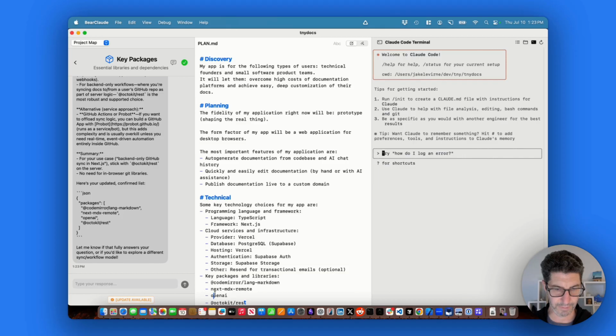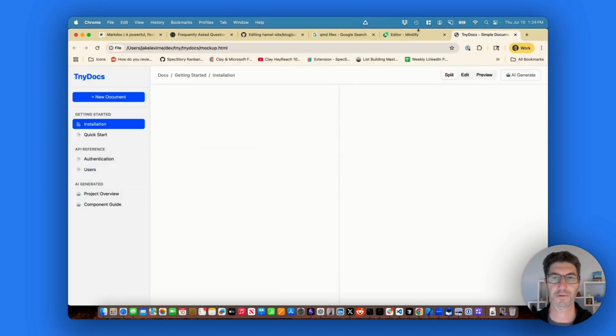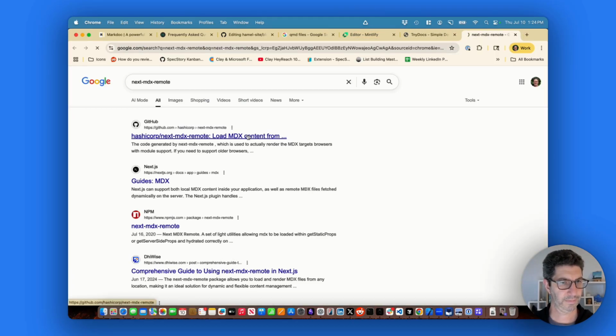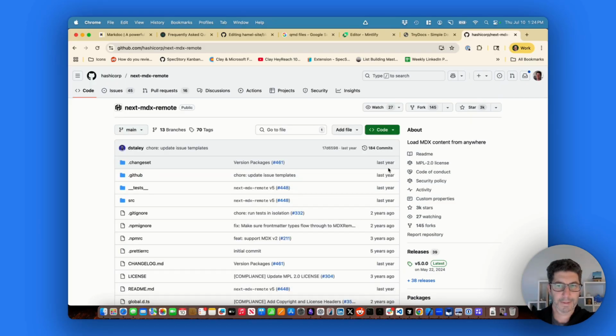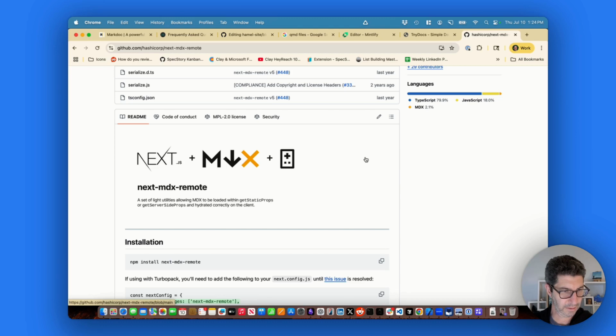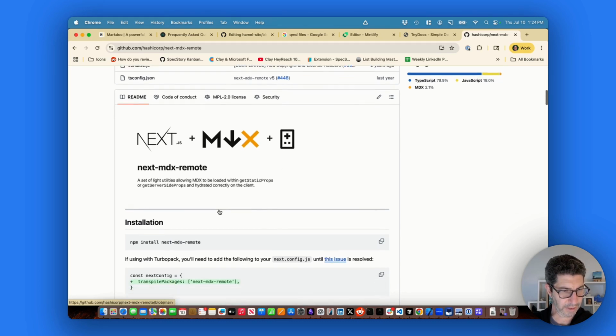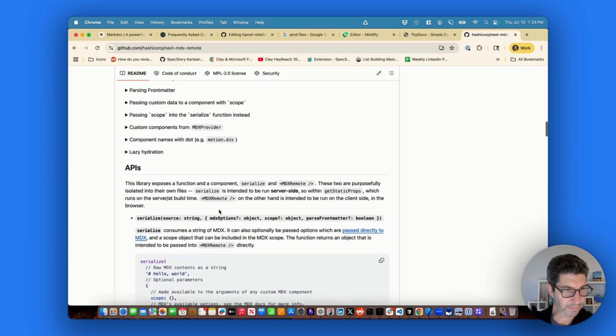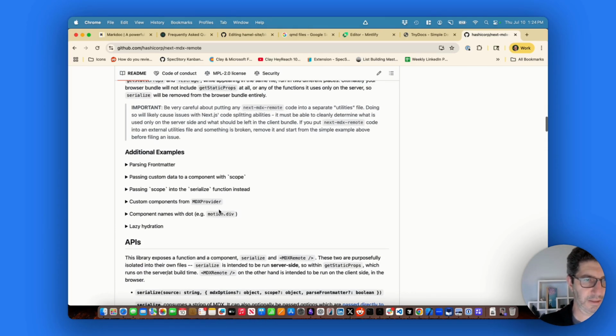Sometimes we look these up. I'm familiar with this one. I'm not familiar with this one. So it could be useful to learn about it. Okay. Has 3,000 stars. I guess relatively recent updates. MDX to be loaded within Git static props. Hydrated correctly on the client. Gotta be honest, don't know what that really means, but